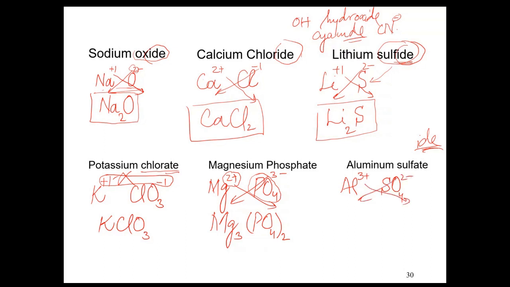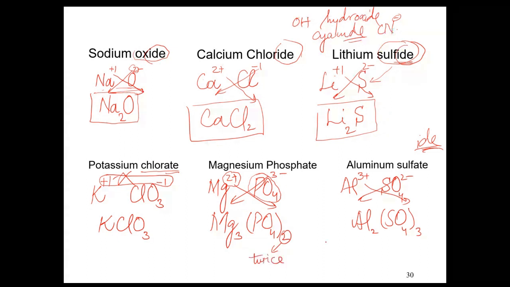This 2 comes here, this 3 comes here. So Al2(SO4)3. Okay friends, now how to read this? If here it is 2, you will say it is twice. And here it is thrice. How will you read Mg3(PO4)2? Twice. Al2(SO4)3, thrice. If 4,